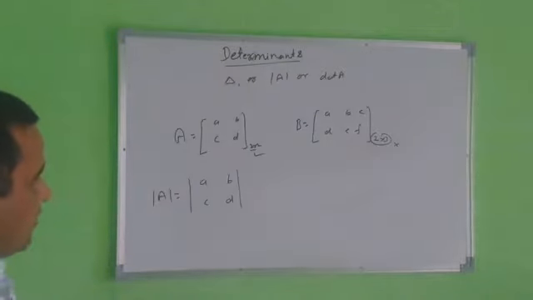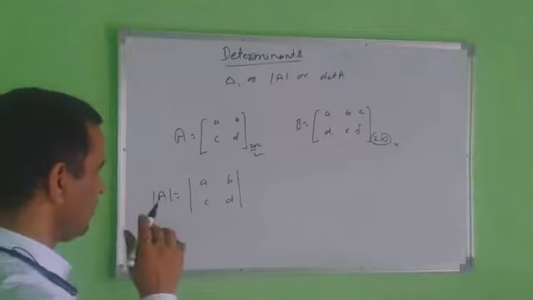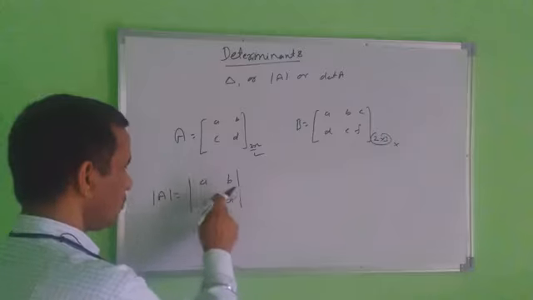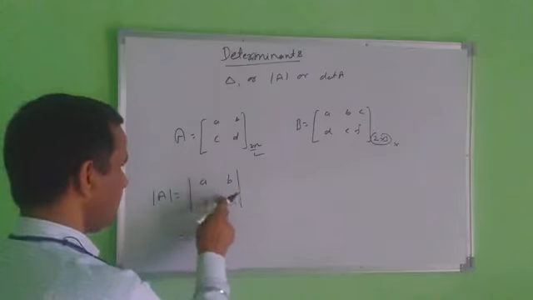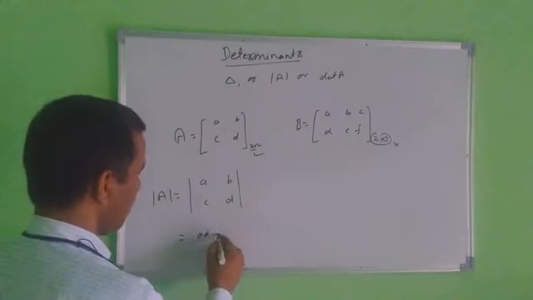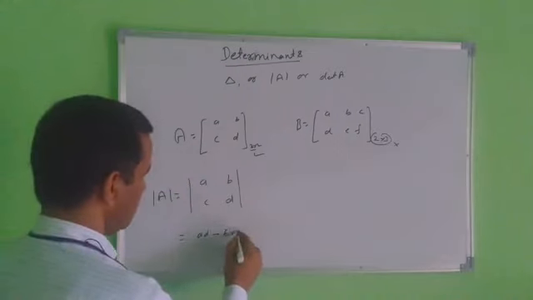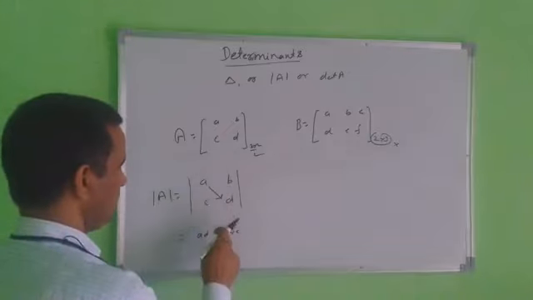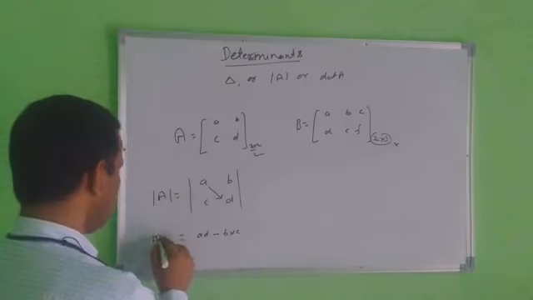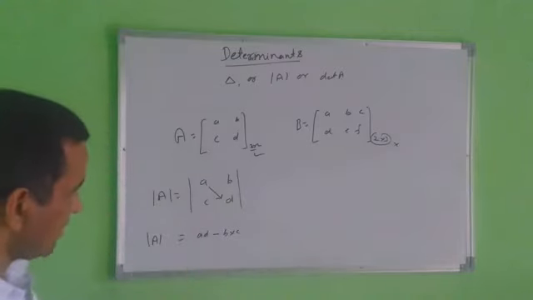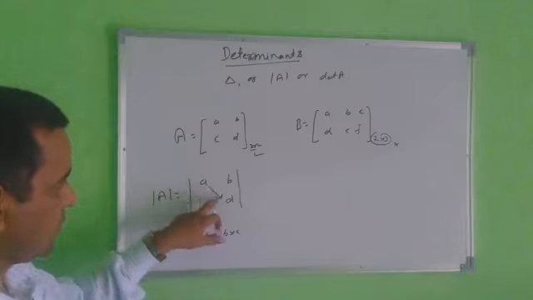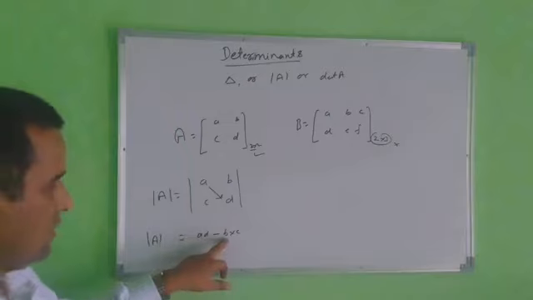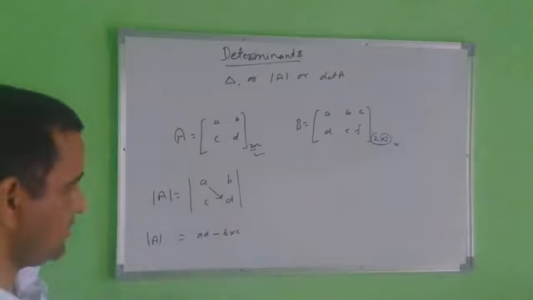After that, how do we find the determinant here? First of all, this is a 2 into 2 order determinant. You multiply A into D, minus B into C. So first we multiply this way, A into D. Then you multiply B into C. In this way you can find the determinant of a second order matrix. First you multiply A into D, after that you multiply B into C and subtract B into C. You can solve this and you get the value of the determinant.